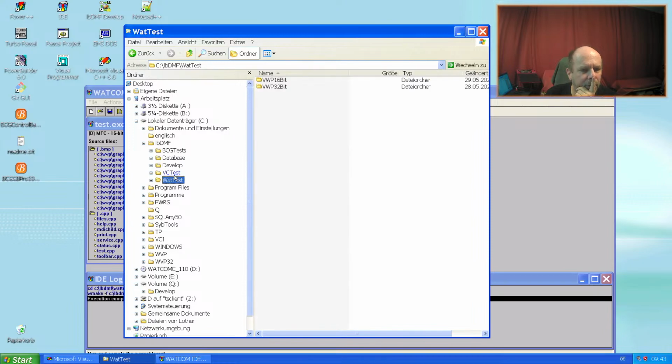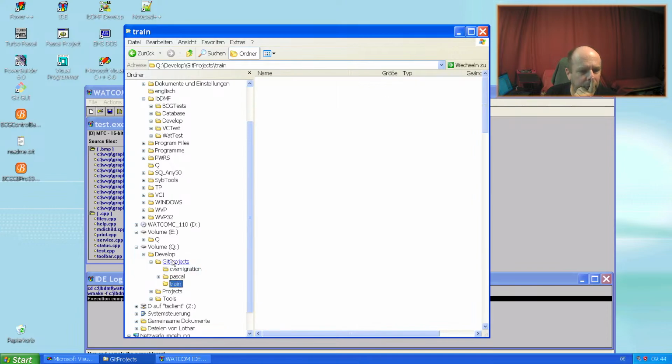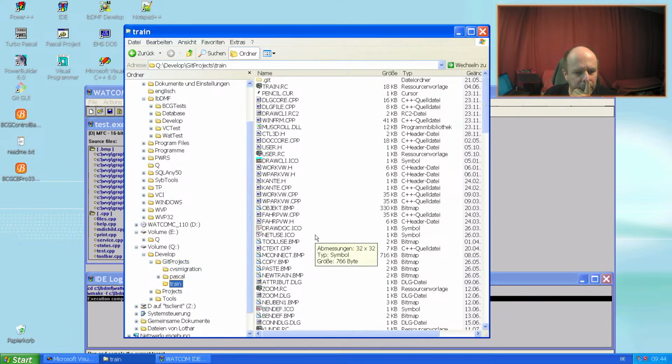What test? This is the VWP. I can tell later. Empty. No. Co-develop. Git projects, CVS migration, Pascal here, train. I think here is it.